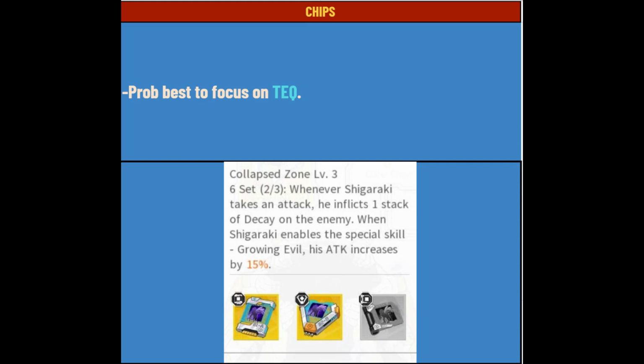I'm not sure if decay, well, it should be able to do crits, probably, but since it's so slow, you probably won't get that much advantage from getting crit. Okay, there. So for the 6-star chips passive, as you can see, I was completely unprepared for Shigi